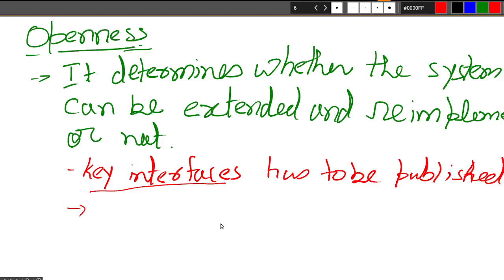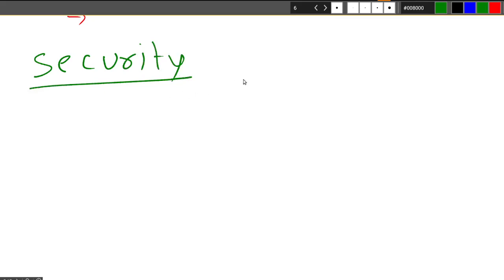Now after going through openness, we can see security.